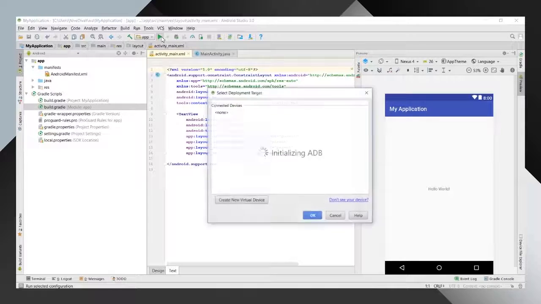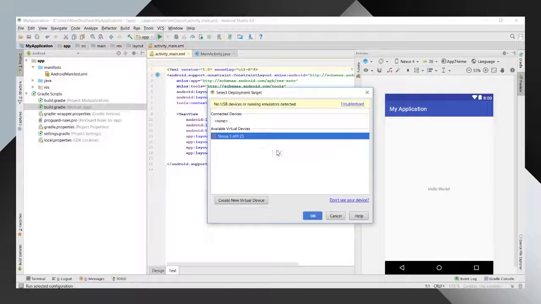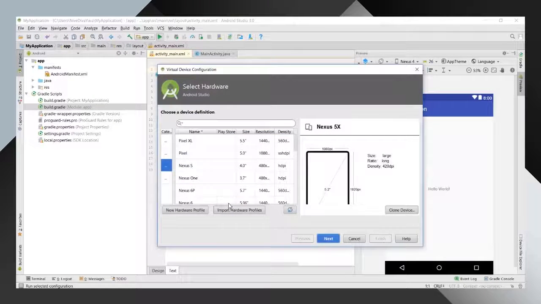Now, when you click on play or run for the first time, you'll be prompted to connect an external device, or you can create a virtual device to run your Android app. You can just create a new virtual device if your hardware supports Intel virtualization technology. Just mostly go with the Nexus 5X or the 5 that comes with the Play Store. You can see that from the column provided. Just click on next